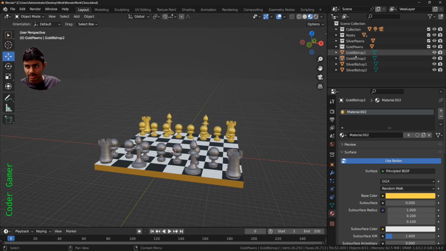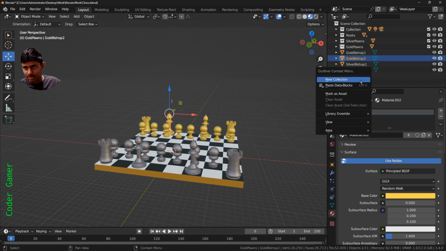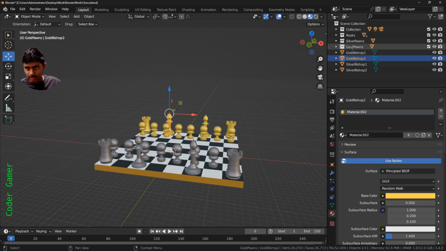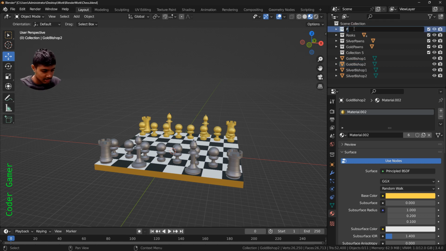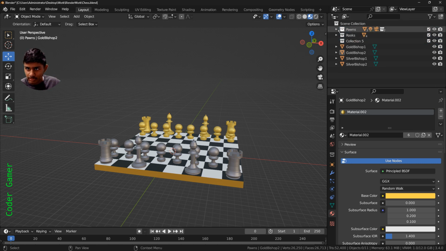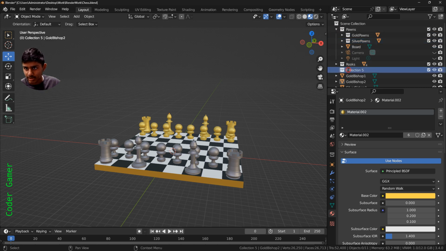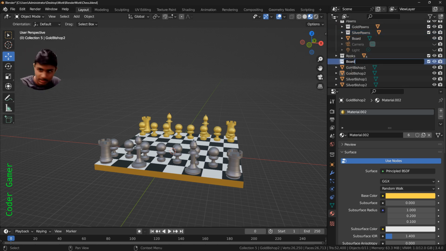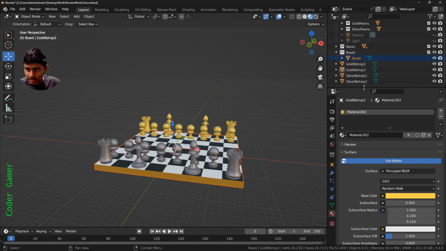So what we're going to do here, we also do need to add our collections. I'm gonna add a new collection, and first of all, I'm gonna put all the pawns in one collection. So we're actually gonna do that first. Oh wait, wrong. Okay. I need to remove some things. So the board is going to go into board. And then I'm gonna make a new collection,